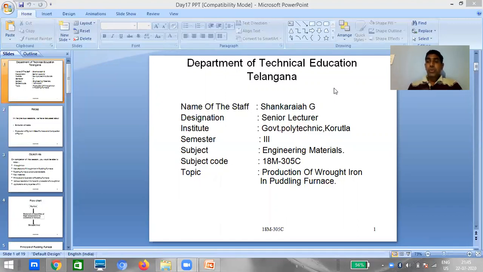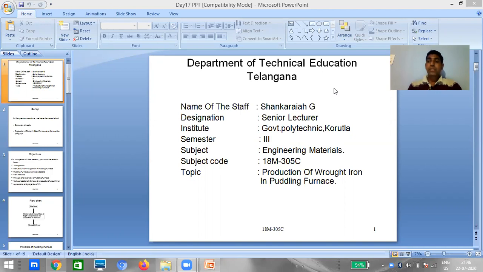And you should know what is the function of the charge in a blast furnace. So in the charge we are having three constituents, that is iron ore. Iron ore is having iron as the main constituent, so it will give iron. So that is the main function of iron ore. And the second one is coke. So coke is used to produce heat and it acts as a reducing agent, whereas your limestone will act as flux and which combines with the impurities and forms slag. Okay, so these are the main functions of this charge.